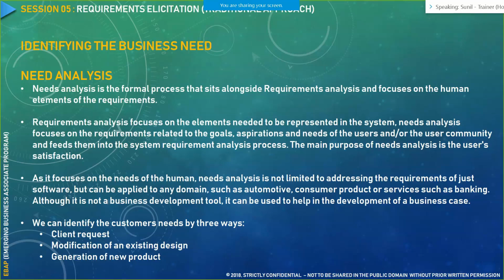For example, if you are making a payment to a particular online store or online website, your need is to purchase a particular product, and that online website's need is to gather payment and do the delivery of the final product to you. So they have different needs. So the online portal is your system, which would have a business sponsor associated with it. That is the business sponsor's need. You want to purchase a product, you are the user of that particular system, so that is your user-specific need.